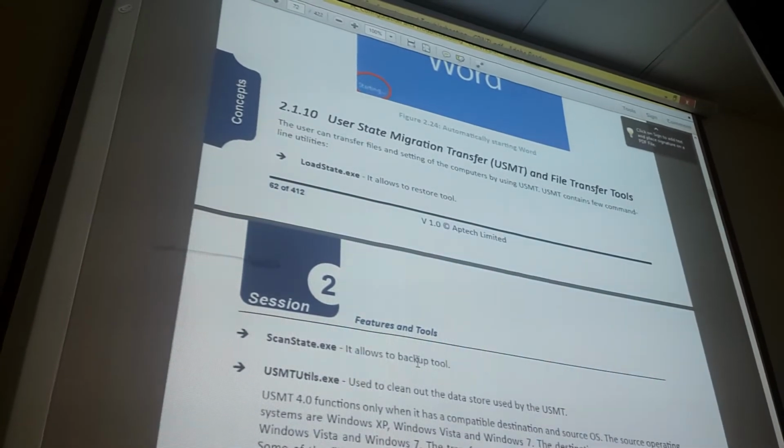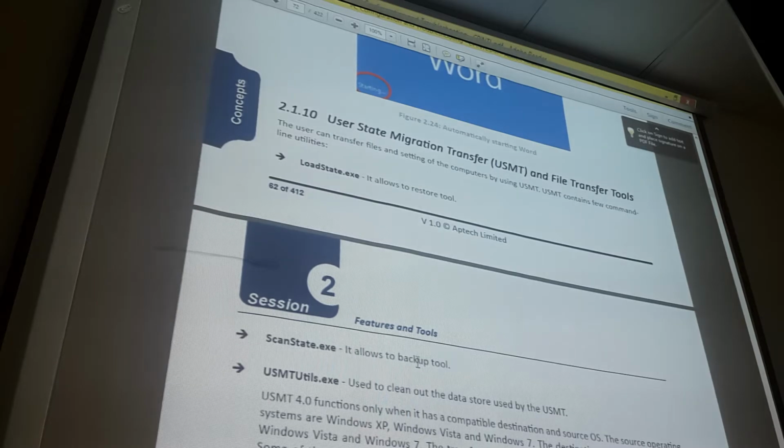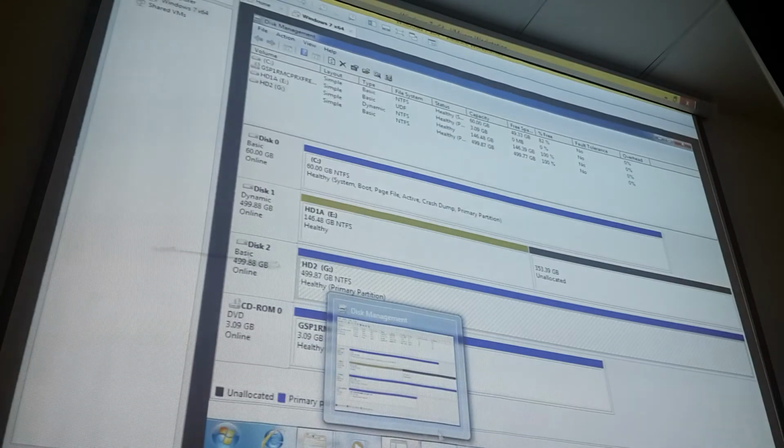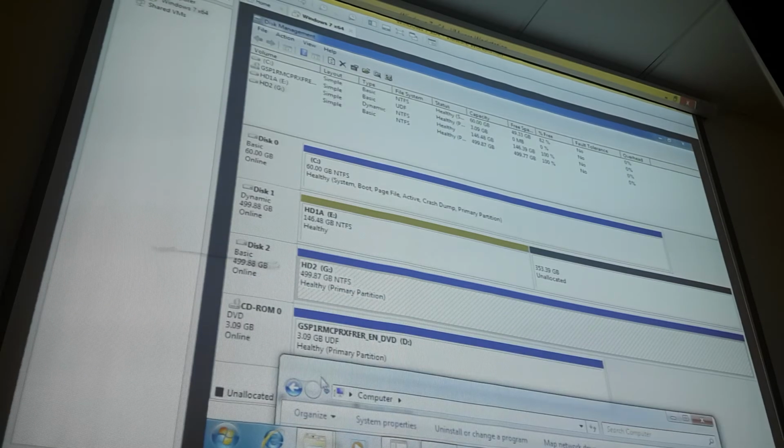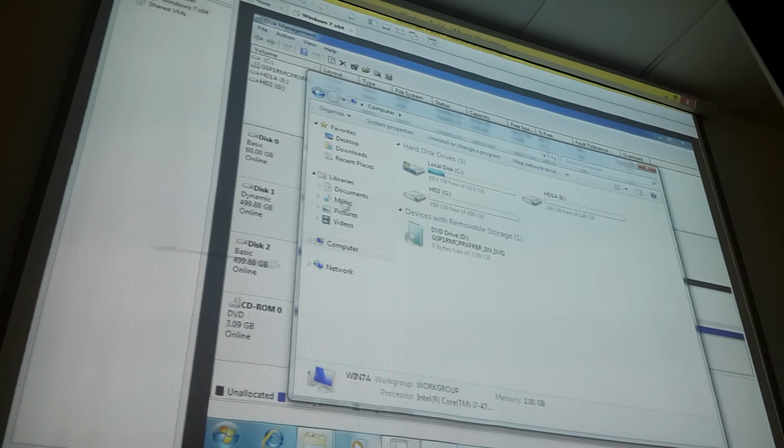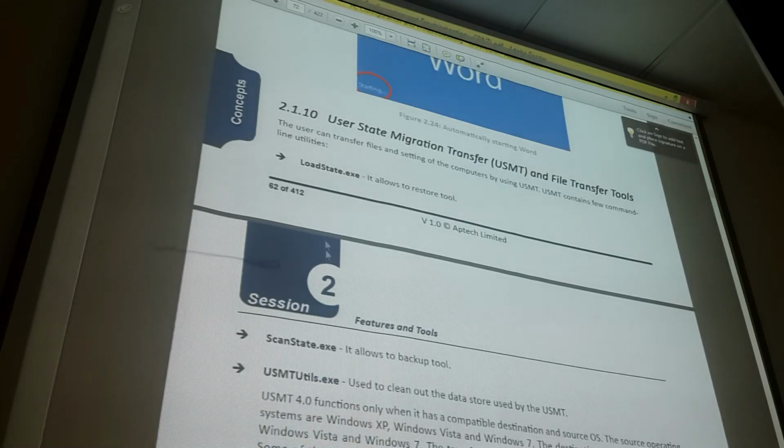That is not important. You know what migration is, right? Migration means moving from one OS to another OS. If you are doing that, then you can take your personal data, that means what is there in the documents, music, pictures, videos. How can you transfer it to the other OS? For that you have some tools, say load state.exe. I don't know whether